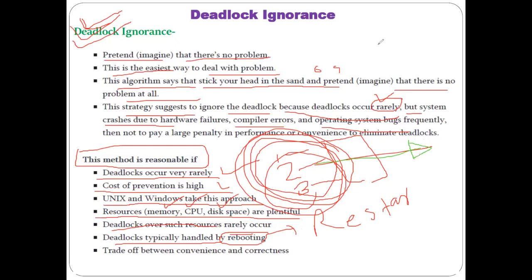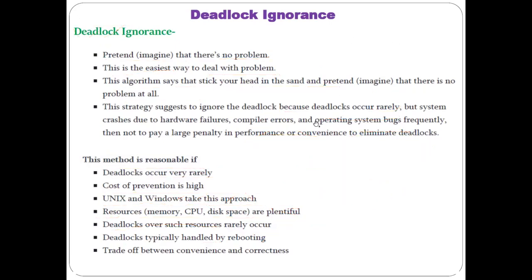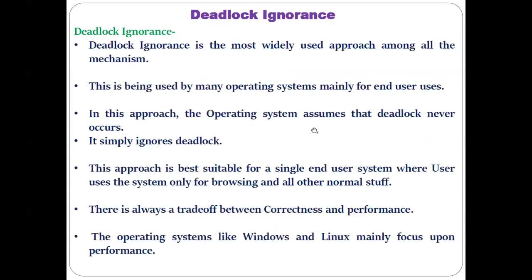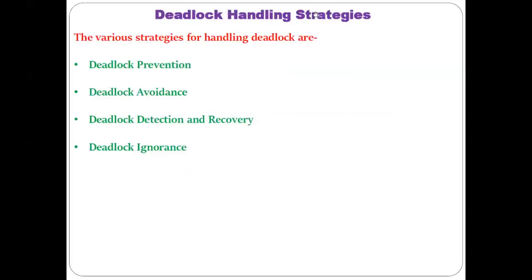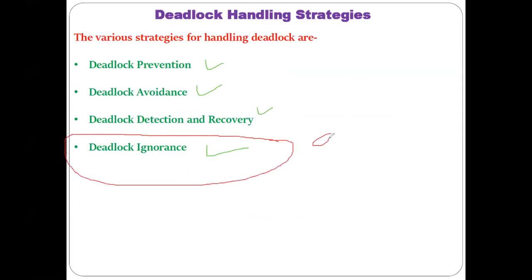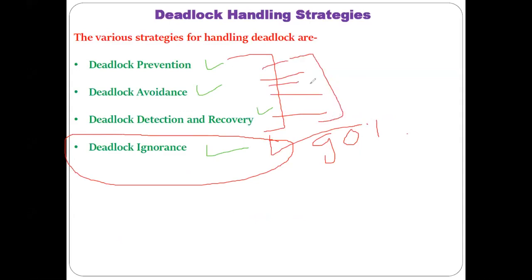So that is all about the deadlock handling strategies. All four strategies we have finished now. First was deadlock prevention, then deadlock avoidance. Second, third, deadlock detection and recovery, and the fourth, deadlock ignorance. Which strategy are normal users like us following? Like us, 90% of computer users follow deadlock ignorance. The other three strategies are very costly and very complex to apply, which is why they are rarely utilized.